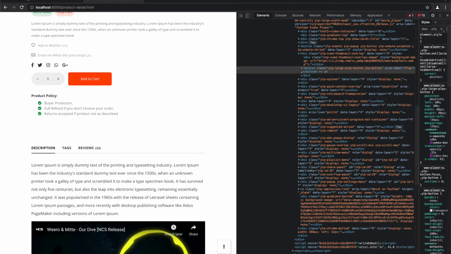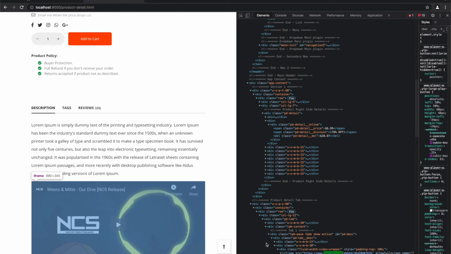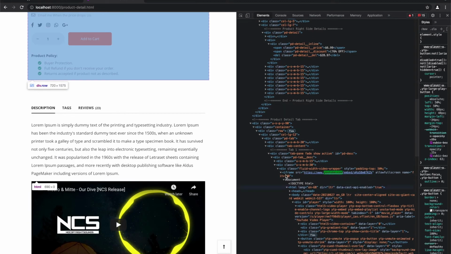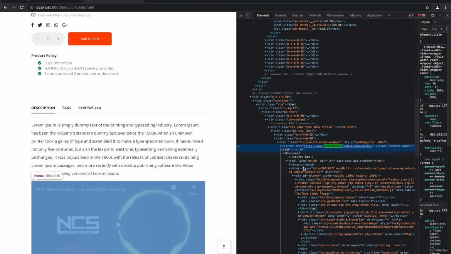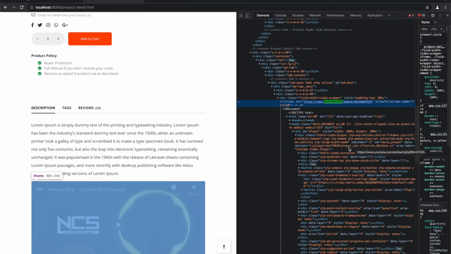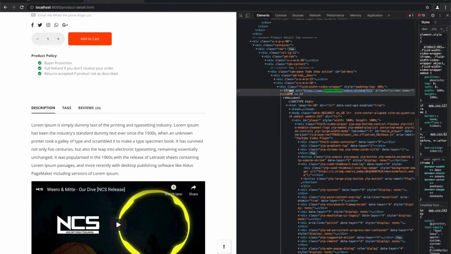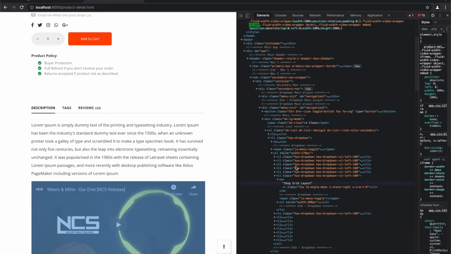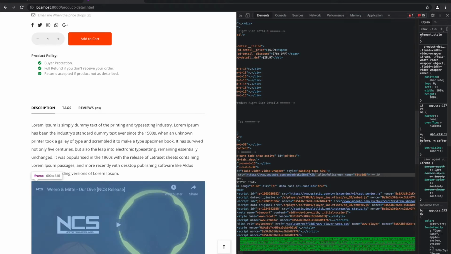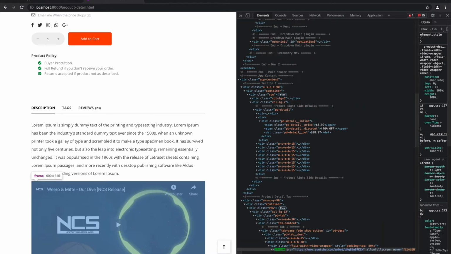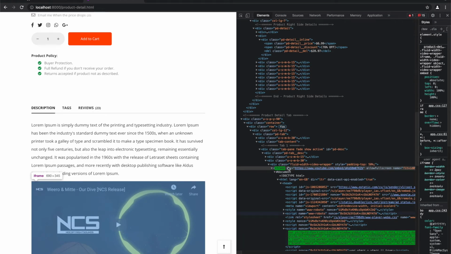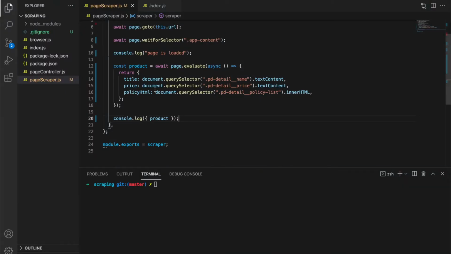We can just say youtube.com and see what we find. Okay, so you see that there's an iframe which has this embed URL. Let's see if there are more iframes in this page. Maybe we can just target iframe and that's gonna be it. Yes, it's only one iframe.